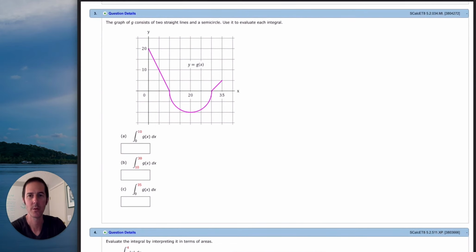some of the problems that I'm going to go through now, I'll go through in various degrees of detail. For example, this one. The question here is to evaluate each integral, and we're going to do that using areas. So remember that the integral is the area under the curve, and